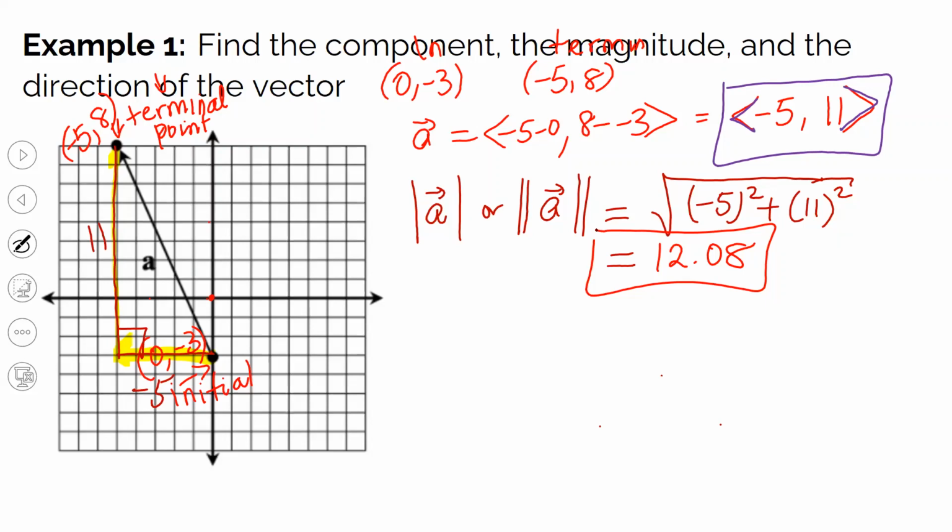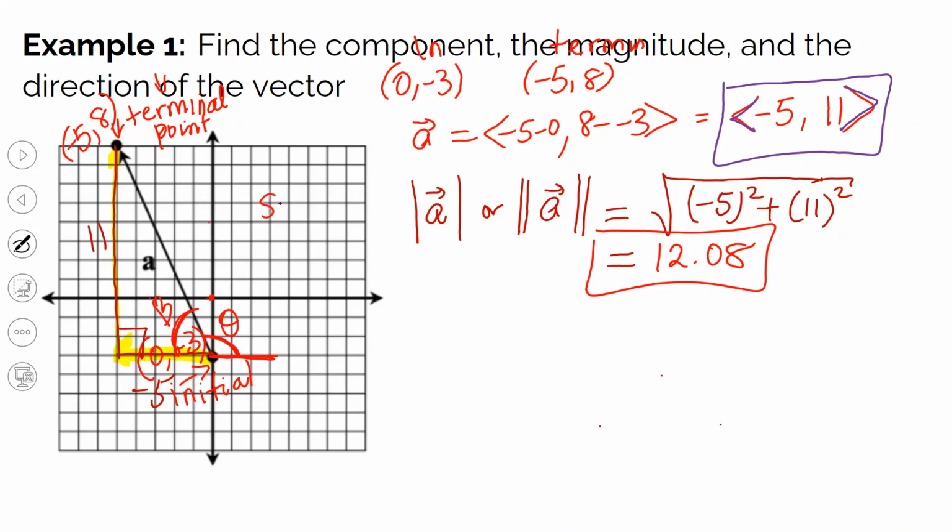So for this particular vector, the angle that we are interested in is this. Let's call this angle theta. But we see that this angle theta is outside of our rectangle. So if we are able to know this angle, let's call it beta, of course we can just subtract it from 180 degrees and then we are able to get our theta. So let's do that. To be able to find this angle beta, what do we need to do?